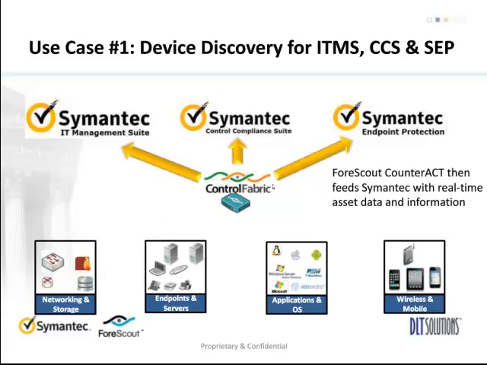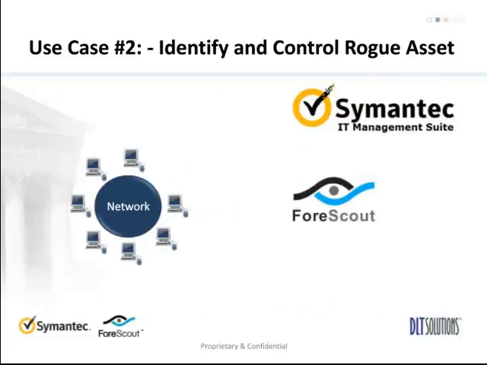On this next use case, we're going to quickly illustrate how a rogue asset would be handled. So the rogue device connects to the network, and ForeScout detects it as a rogue device as it's behaving improperly. We will then actually quarantine the device off the network to mitigate its threat and stop it from harming anything. We'll then feed a trigger event up to the IT Management Suite to either open a ticket, issue a job, send an email to the right help desk group, or whatnot.